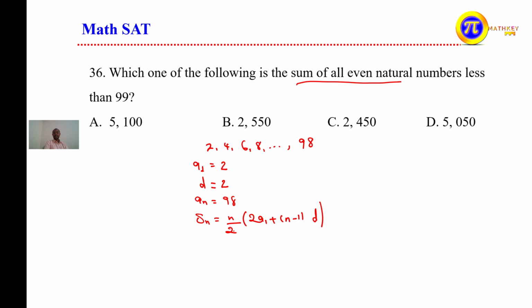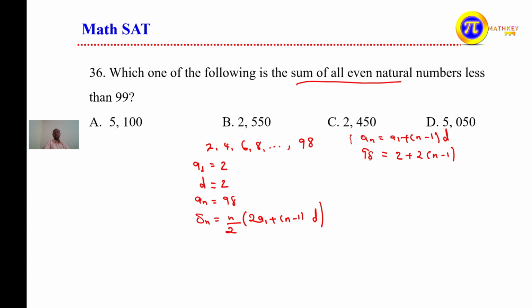ስለዚህ በዚህ መሰረት ምን ማግኘት እንችላለን? የማናቀው ማን ነው? n አናቀው፣ ሌሎችን ግን እናቃለን፣ a1 እናቃለን፣ ዲፈረንሱን እናቃለን። ስለዚህ we will try to find what a1? ማን ነው n እንፈልጋለን ማለት how can we find this one? You know that an is equal to a1 plus n minus 1 times common difference d ይሆናል። an ናችሁ ስንት ነው? that is 98. 98 እኩል ይሆናል 2 ሲደመር 2 times of n minus 1 ይሆናል።